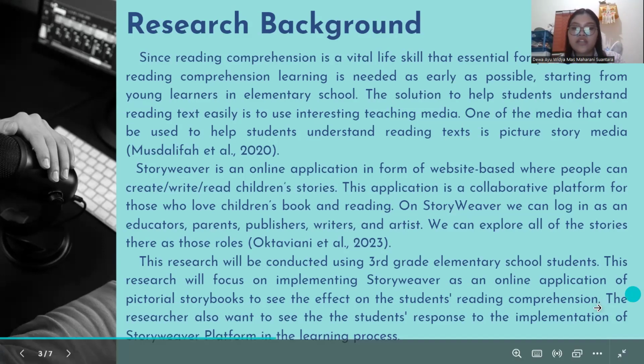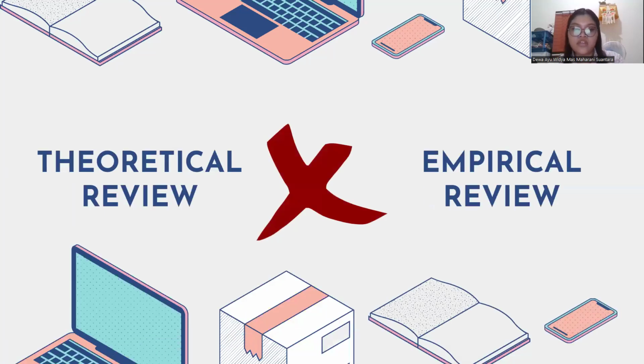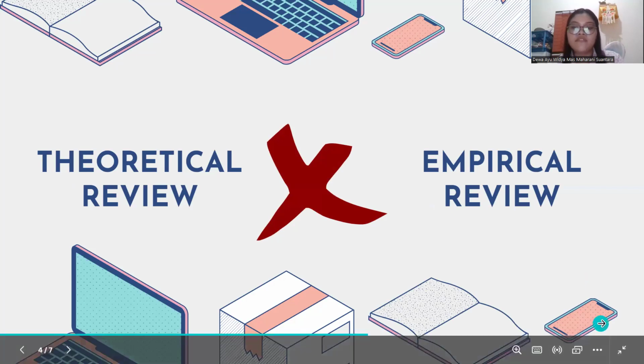Okay, the next one is about the literature review. There are two subsections in this chapter, that is theoretical review and also empirical review. The first one is